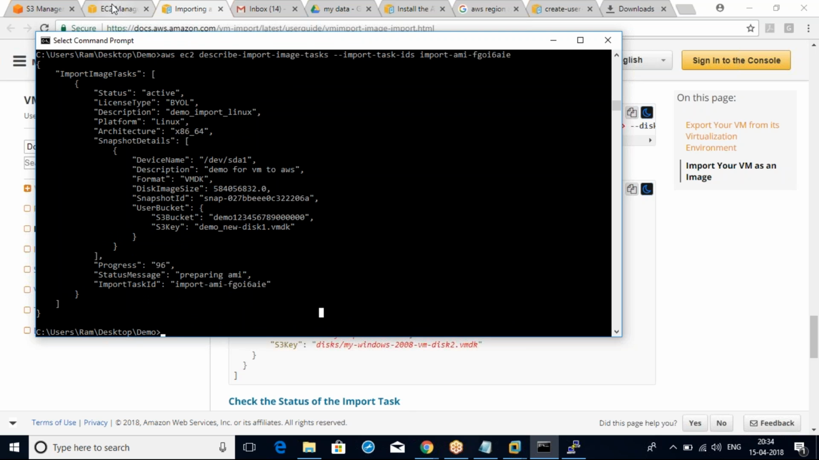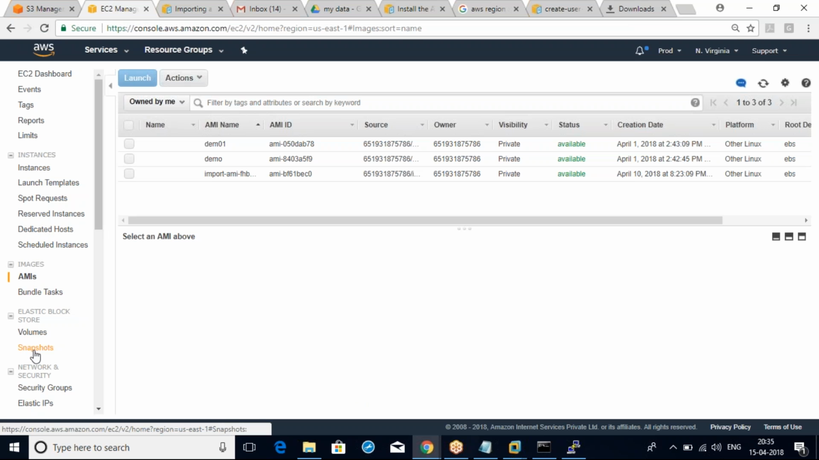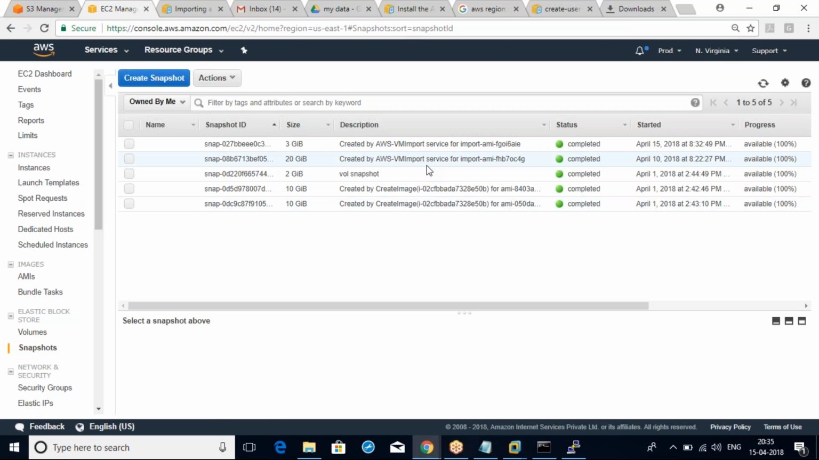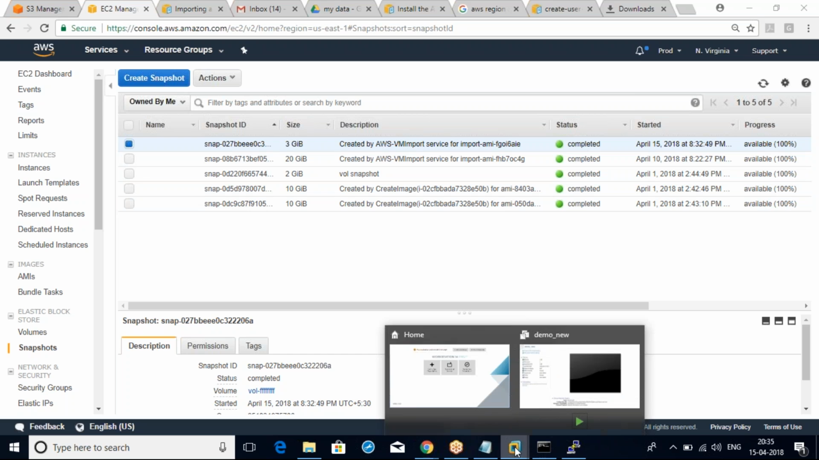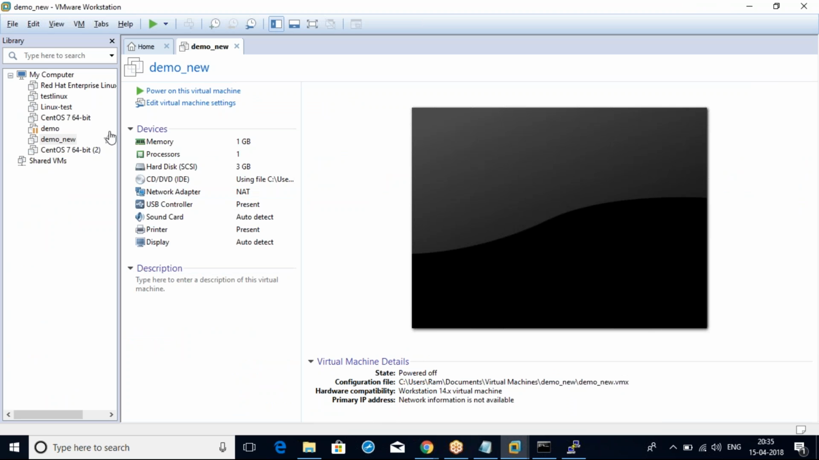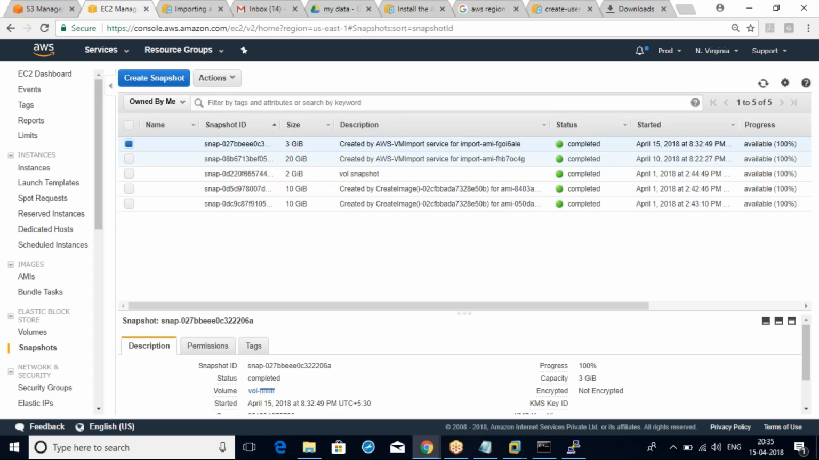If I go to my EC2 dashboard, snapshots, here I can see my snapshot, today's April 15th, 8:30, just created by the AWS VM import service. Size 3 GB. I gave 3 GB in my virtual machine here. Okay, so now if I go